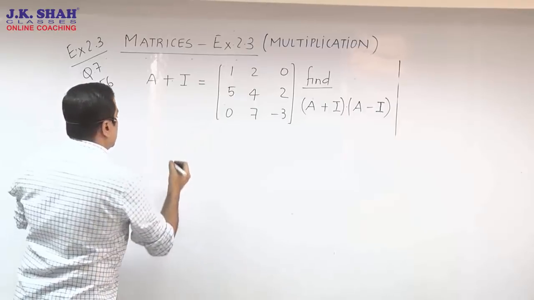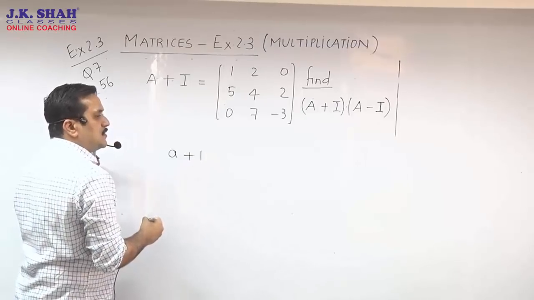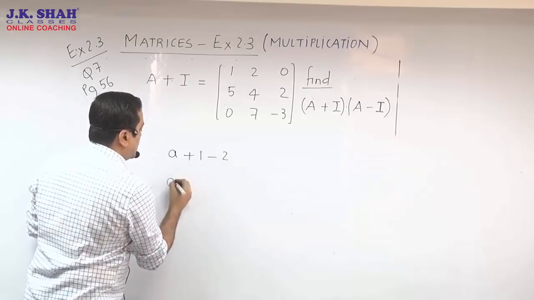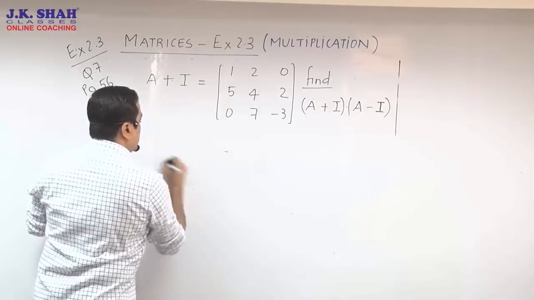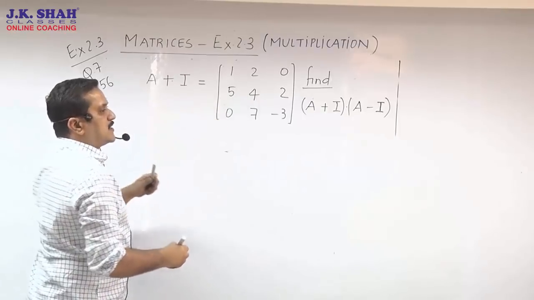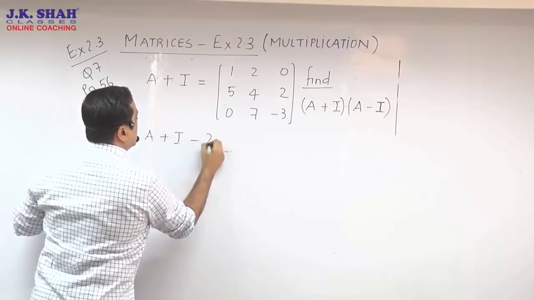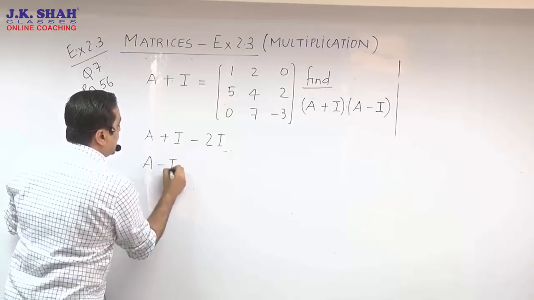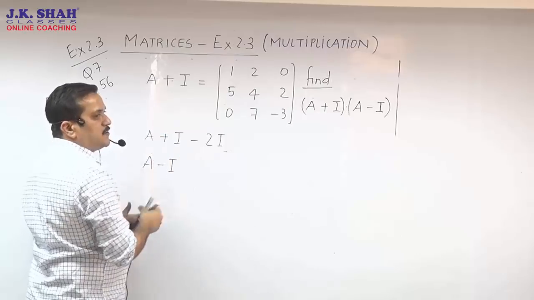Now just imagine in algebra you have A plus 1 with you and somebody says no, get me A minus 1. So just subtract 2 from that, it's going to become A minus 1. So what I am requesting you all is, from A plus I you can always find A minus I. How? A plus I में से अगर आप minus 2I कर लो तो just tell me क्या रह जाएगा. It's going to be A minus I. And once we find that, we can then commence the product A plus I into A minus I.